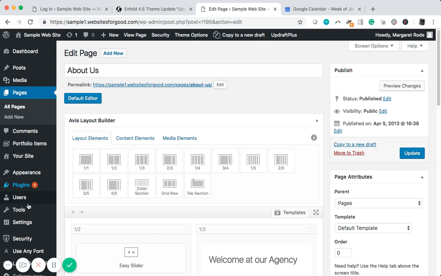We want to look for that plugin called the Classic Editor, install it, and then things will behave nicely for you. If you ever have any questions about that, just contact us through the website,